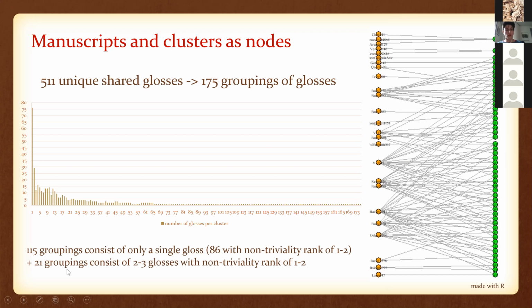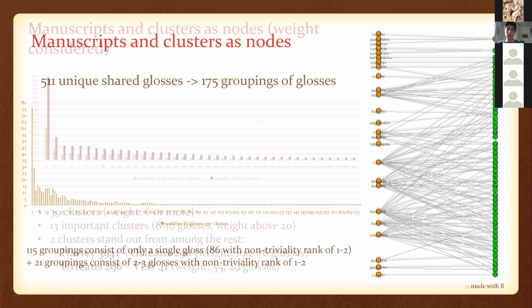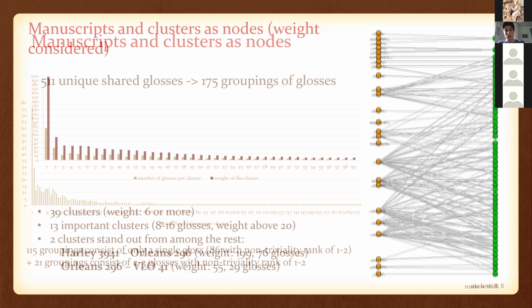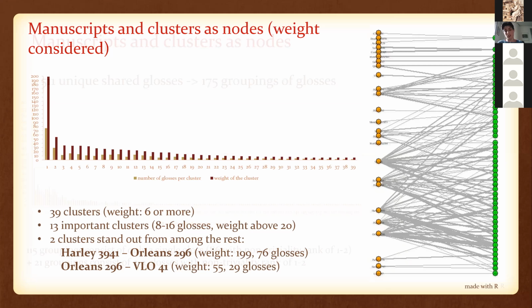There are 21 more groupings which consist of 2 or 3 glosses with very low rankings, and we can also forget about them. And in this way, we end up with a smaller set of 39 groupings which can be considered clusters. They have a weight of 6 or more, meaning the non-triviality ranks of the glosses combined together. Then you can see how many glosses they consist of on one side, and also what is the combined weight of these glosses here. There are 13 important clusters which have a weight of at least 20, and there are 2 top clusters which stand out from among the rest as being extremely